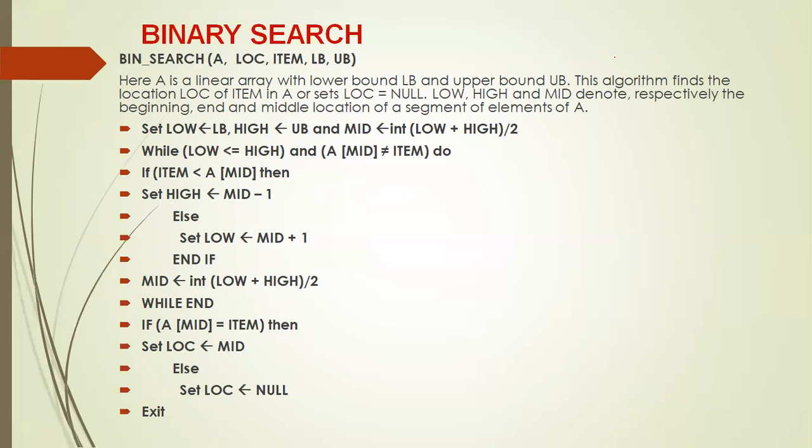No. Then in that case, low equals mid plus 1. So when you compare, the low value is shifted to the mid position. Now ignore the elements 10, 20, 30, 40, 50. No need to compare. Now our searching should continue only from 50 to 100. Like that, each time we search either the first half of the array or the second half of the array. Here also, if the item is found, the search is successful. If the item is not found, then the search is unsuccessful.